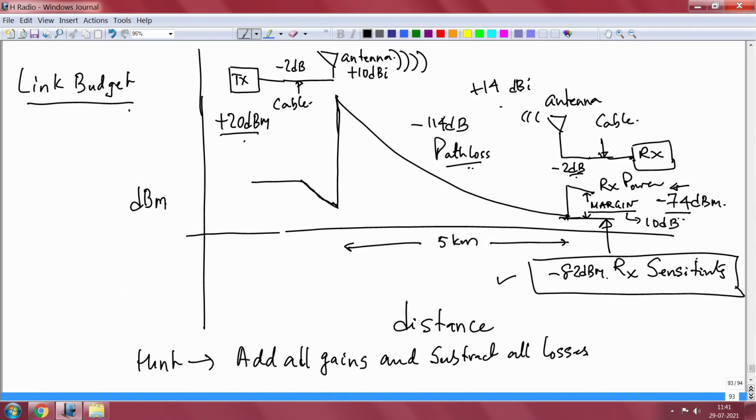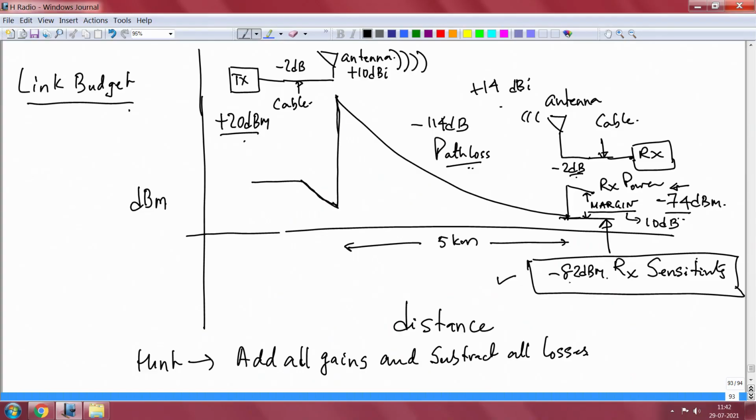Now, you still have not resolved what this minus 82 dBm receiver sensitivity proposed by the vendor is. Is it with an antenna, without antenna, and so on. I have postponed that answer for the moment, but I am sure you already know that the vendor is talking about his electronics, he is talking about receiver sensitivity without considering any antenna. He is just talking about his electronics, the low noise amplifier, its sensitivity, its ability to amplify a signal, and so on. So, that is very important.